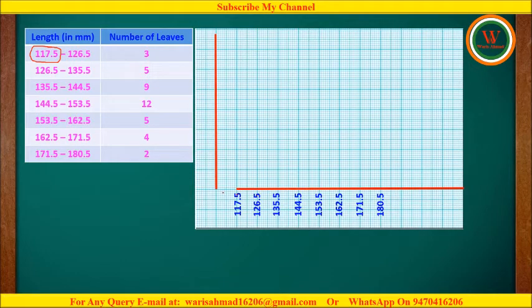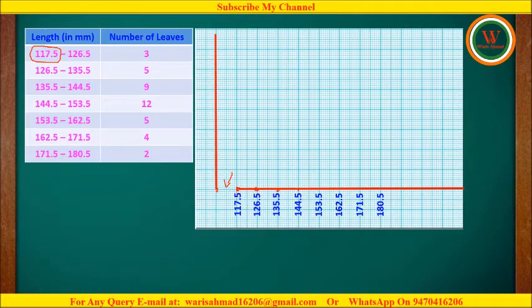Now here we can observe a gap between these two axes. Why is there a gap between these two? Let us consider this one. The difference between these 2 points is 9. If we subtract 117.5 from 126.5, the difference will be 9. Again, the difference between these 2 points is also 9. The difference between these 2 points is also 9. But the difference between these 2 points is equal to 117.5. So this is a big difference.